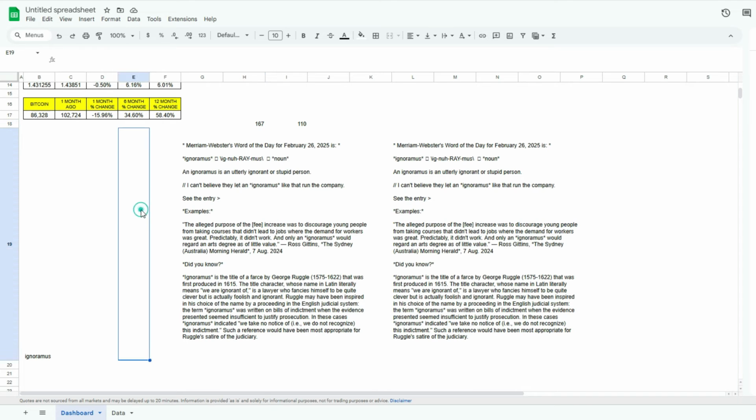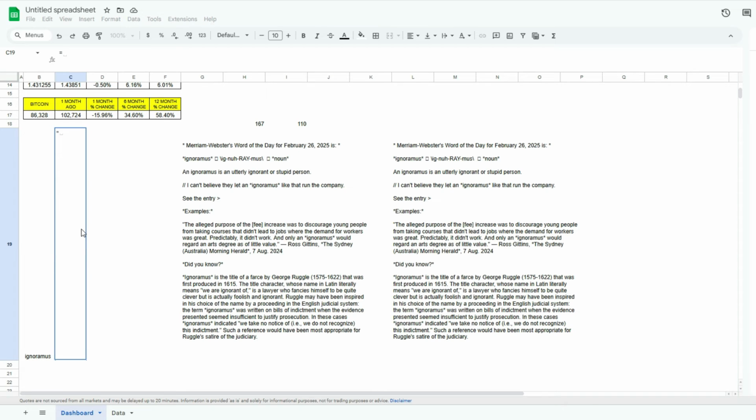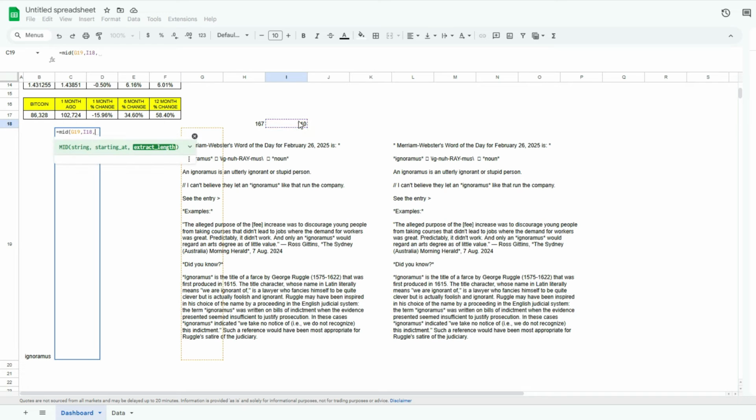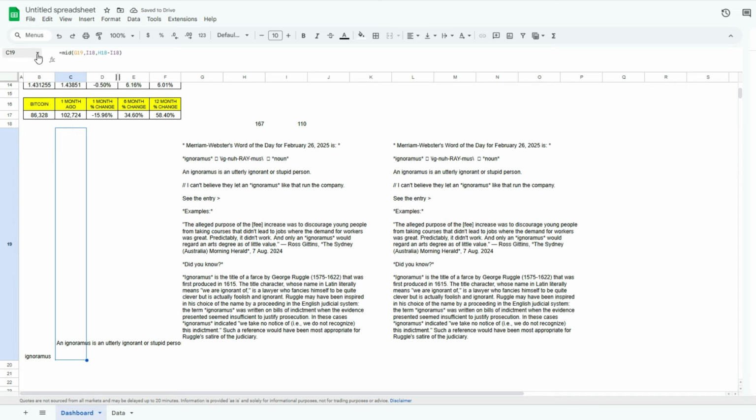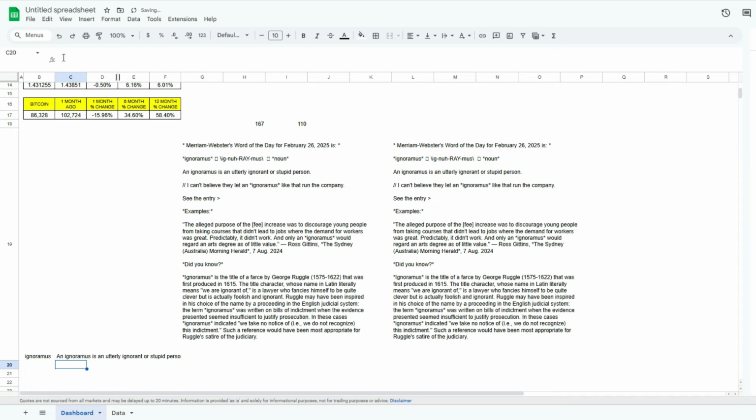Now that I've got those values, I can go back into here, and for my definition, I can pull that in using the mid function. So the string I'm going to pull the data from is here, and my starting point is going to be this 110, and then the length is going to be this endpoint minus the starting point. So if I've got it correctly, I've got that definition. I'm going to use the clean function as well, just to get rid of any blanks or any values that I don't need. So right now this is still not ideal,